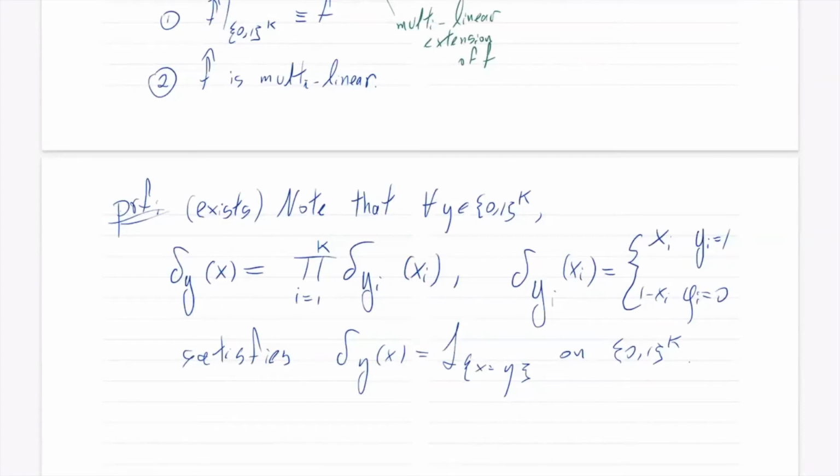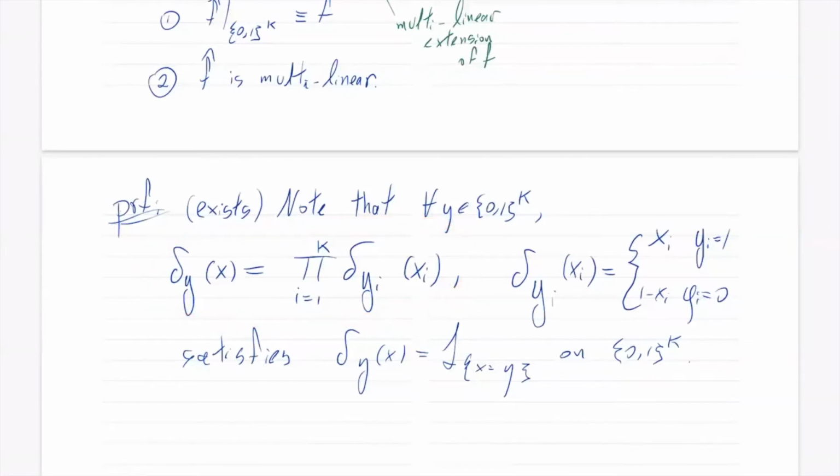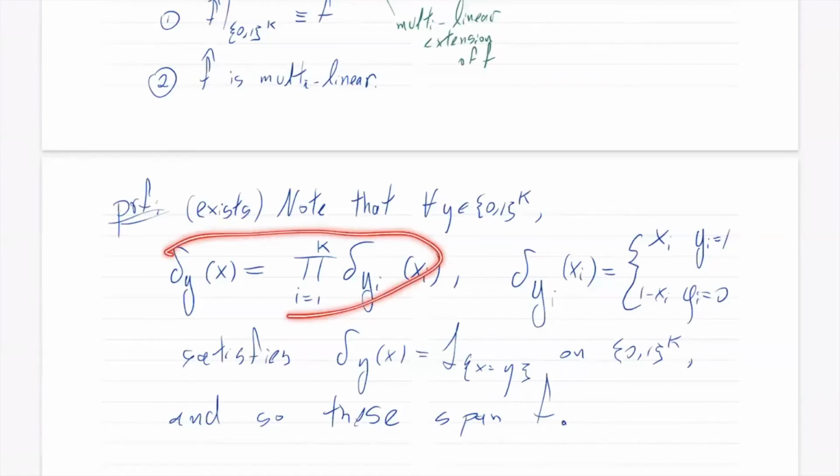Right, so this function is 1 for a particular Boolean input and 0 for all other inputs. And so these span all functions on Boolean inputs. In particular, they span f. So I can get f as a linear combination of these things, and these things are very easy to see